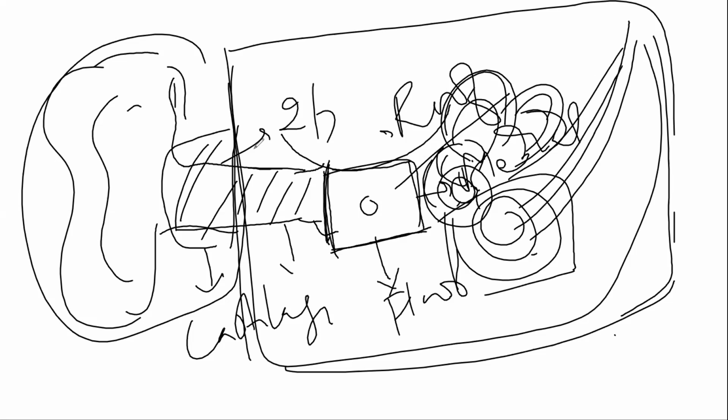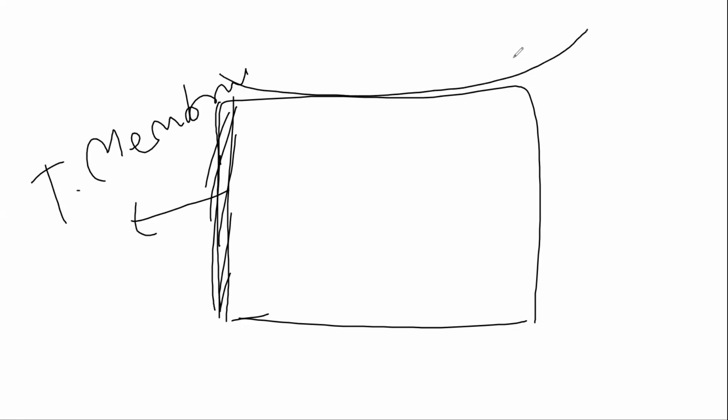So again, let me clear this. Again, a brief introduction of the middle ear itself. So this is the middle ear. The lateral wall of the middle ear is formed by the tympanic membrane. The roof is formed by the middle cranial fossa. So we have sulci and gyri, separated by dura, arachnoid, and pia mater, and then this middle cranial fossa. The roof is called the tegmen plate.